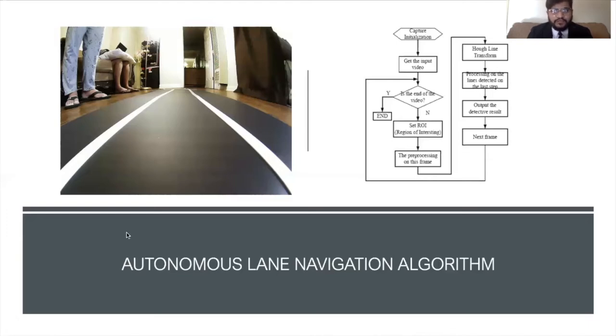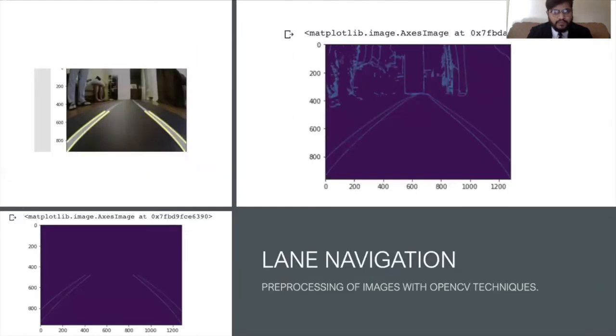There are a bunch of edge detection algorithms which can be implemented once we find the region of interest and then generate those edges. This whole process is repeated on each and every single image, which ends up taking a lot of computation power. That is why we need a lot of computation power: to apply these OpenCV techniques on each and every image. Once we're done with that, over here on the right hand side, I have used Canny edge detection, where it perfectly detects the lines in front of the car.